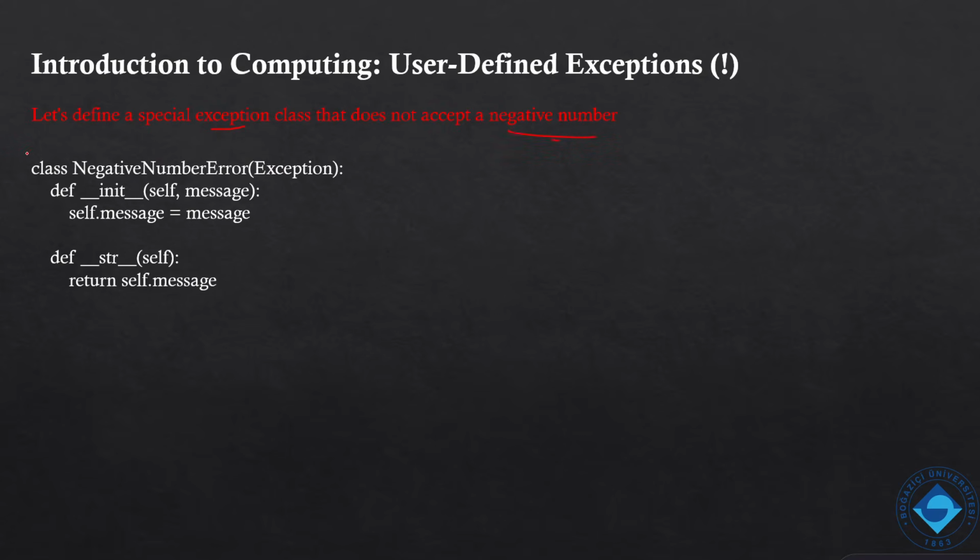First of all, I will define my class. It is my own exception. I call it NegativeNumberError. And as you can see, I derive from the Exception class. I put my initialize function here and the str function here. And